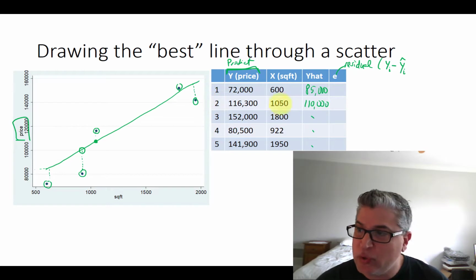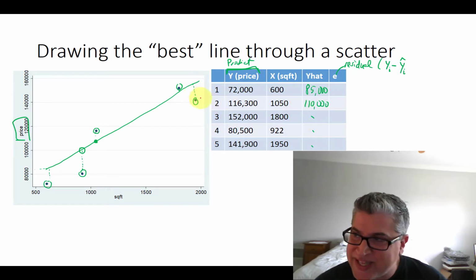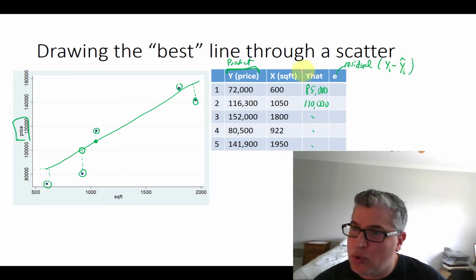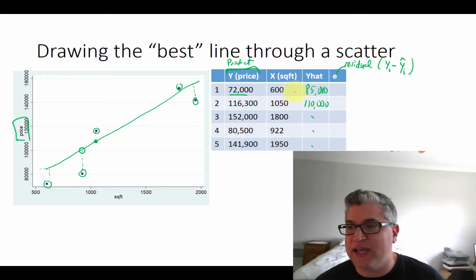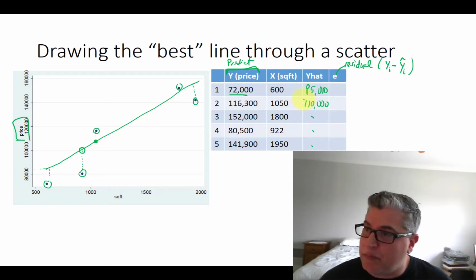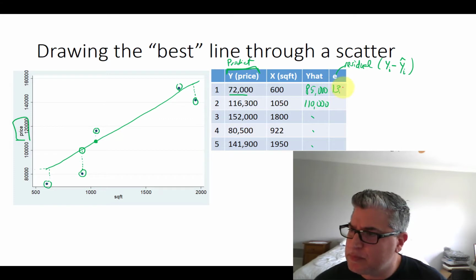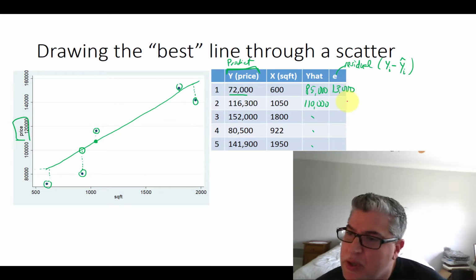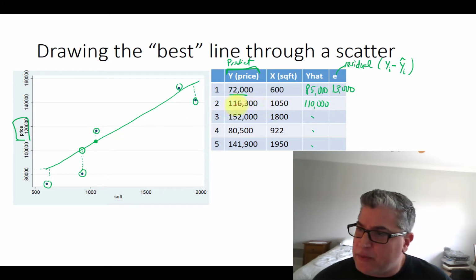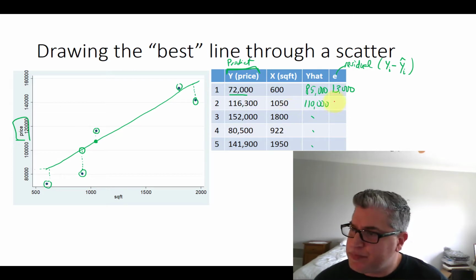Y hat 2 was 110, and so forth. We calculate the residuals. That's that difference between what we had observed and what we had predicted. So 72 minus the 85,000 gives us negative 13,000. And the difference between 116 and 110 is 6,300,